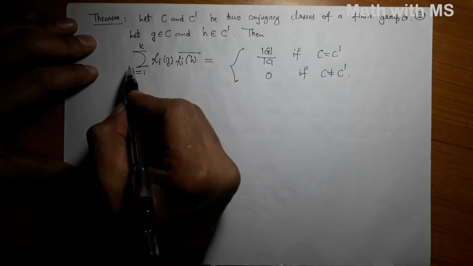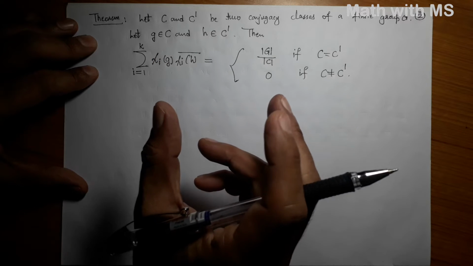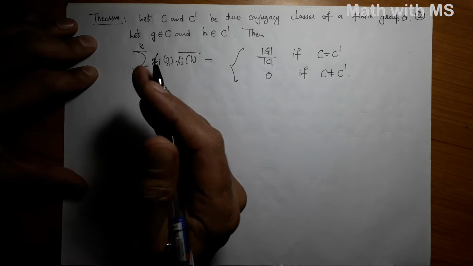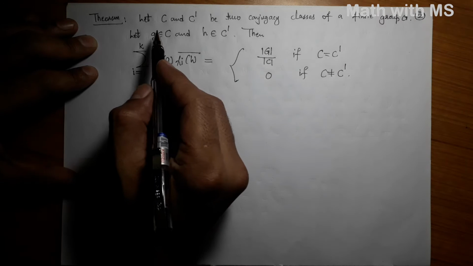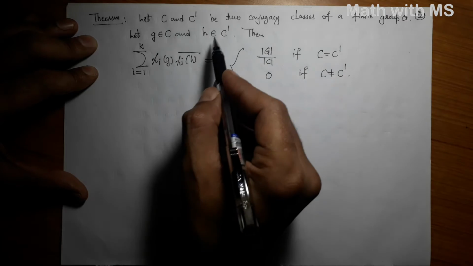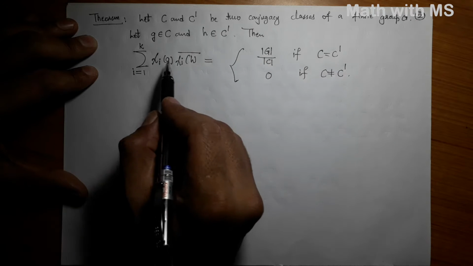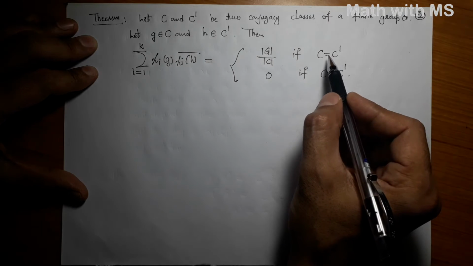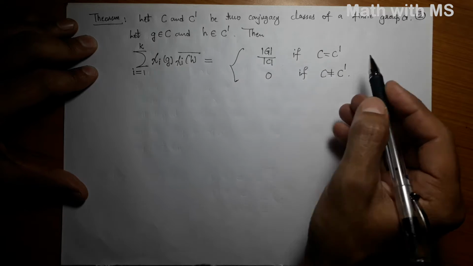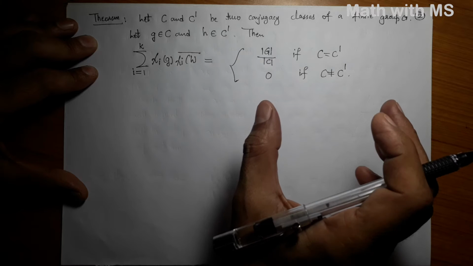Look at the left hand side carefully. You are running i from 1 to k, where k is the total number of characters, which is the same as the total number of conjugacy classes. So it is like chi 1 of g, chi 2 of g, and so on, where g is in a conjugacy class C, and the other is chi 1 of h, chi 2 of h, and so on, chi k of h, where h is in the other conjugacy class. And this is the standard Hermitian inner product. And you are showing that this is non-zero if the 2 elements lie in the same conjugacy class, equivalently the two conjugacy classes are the same, and 0 otherwise, and therefore this shows that columns of a character table are orthogonal to each other.